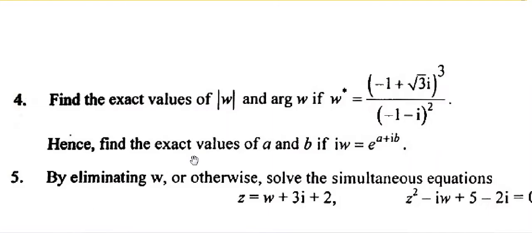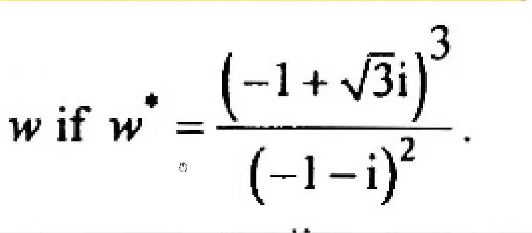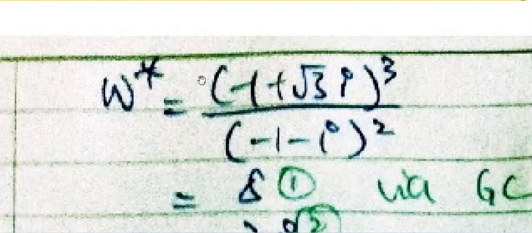Question number 4. The requirement is to find the exact values of modulus W and argument W if W conjugate equals the rational function over here. After that, we have to solve for A and B if this equation here is correct. Since W conjugate has been defined as this equation, the first thing you do is to punch out the